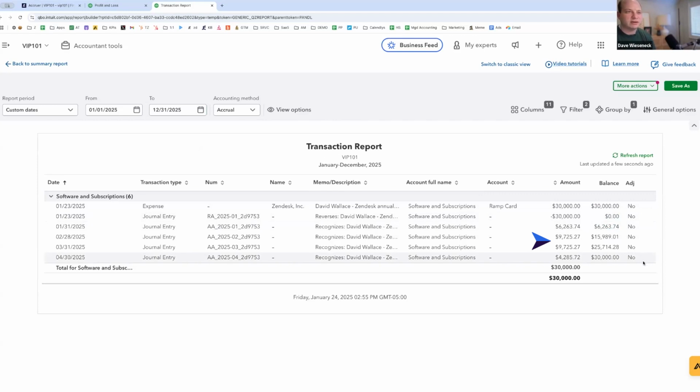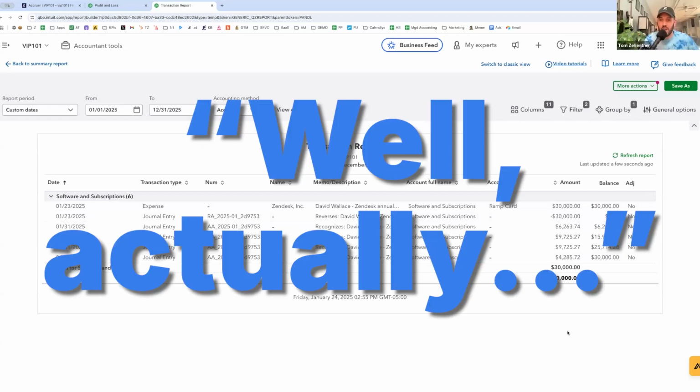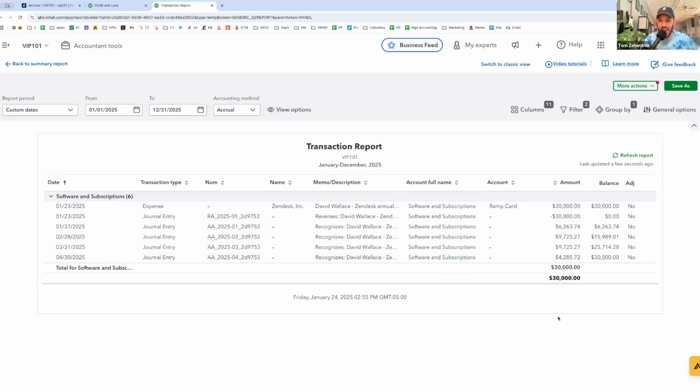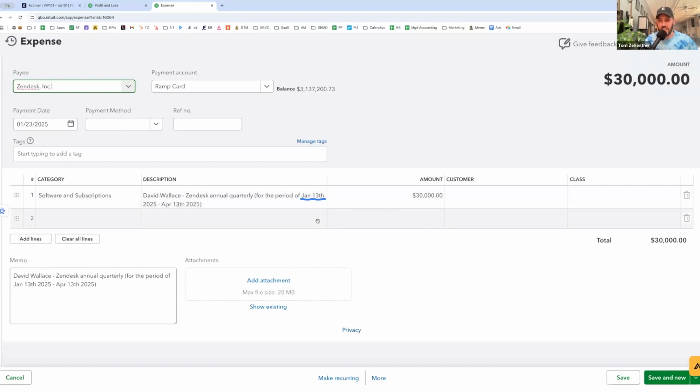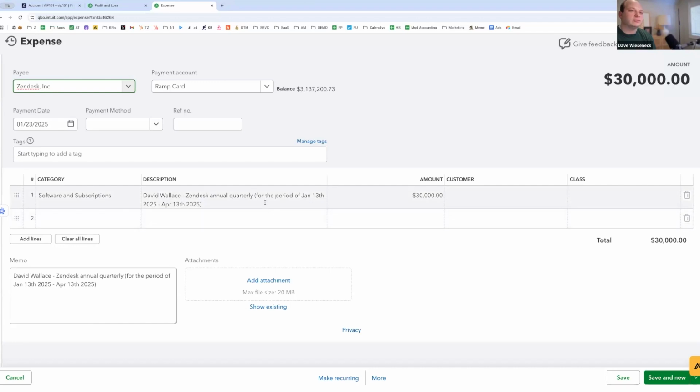Is the calculation correct? Well, you remember the kids in school, the "well, actually" kids, who would correct everybody. Accruer has that same attitude, okay? And Dave, you actually wrote, and I'll show you, not to "well, actually" you, but you wrote the 13th to the 13th, which is technically 3 months and 1 day. Gotcha. Okay, so that is why Accruer is doing it.